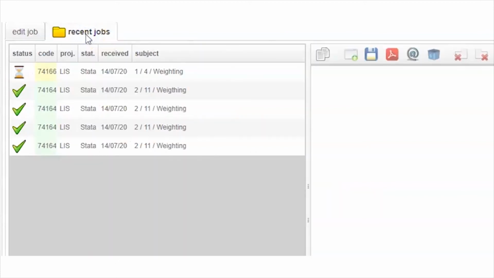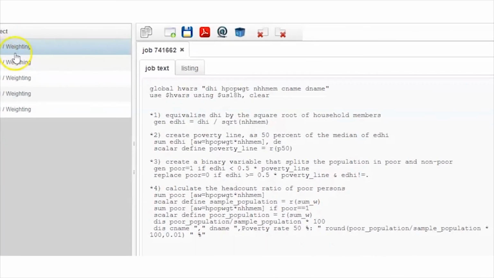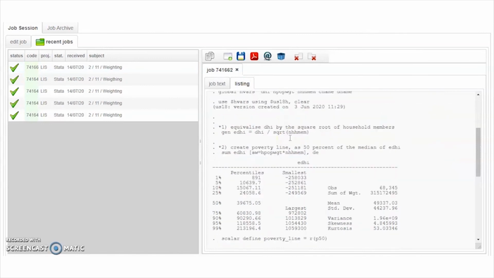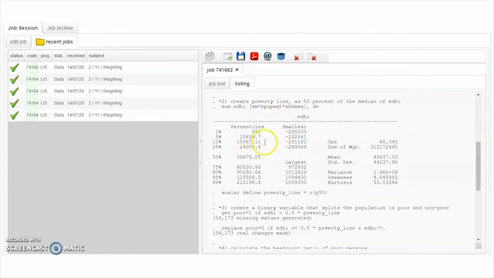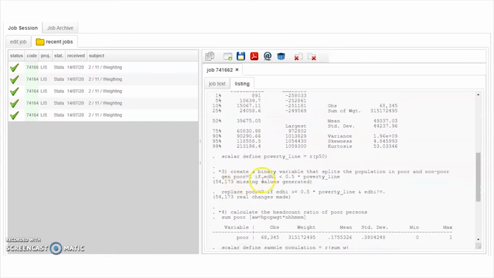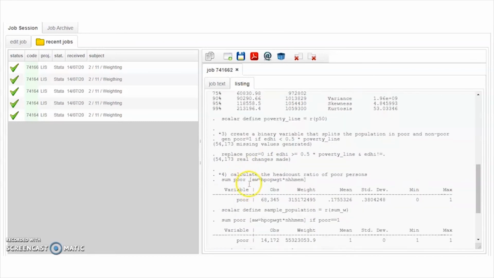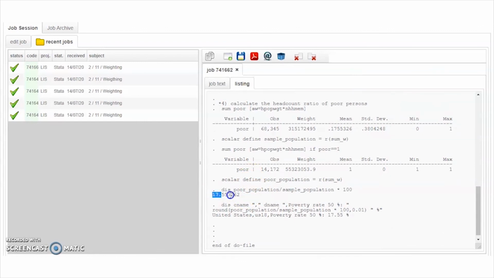In the recent jobs, you will shortly see a job coming up which shows you the results of this job. In the listing, you will see that dataset US18 has been opened, that we have successfully summarized the variable, and that we are now creating one by one all the requests. In our example,